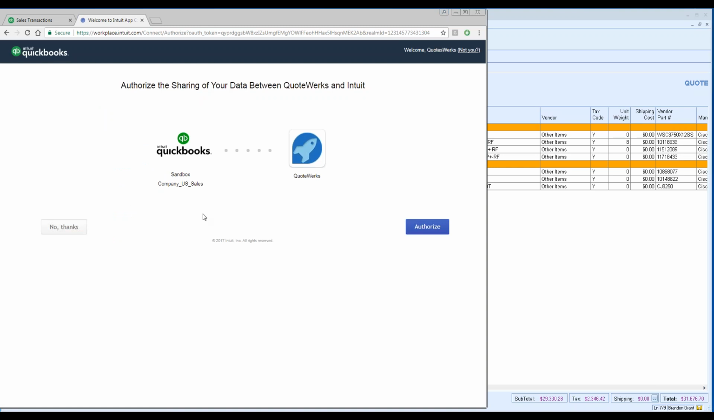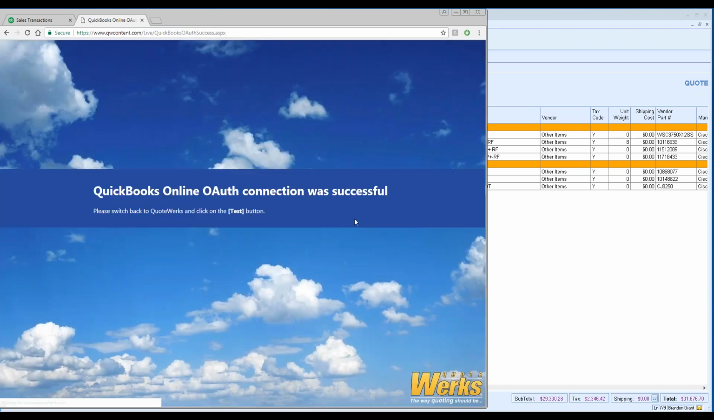If you haven't logged into your QuickBooks Online account, it'll prompt you to log in. Once you log in, it'll bring you to the authorization screen, which will just have a simple button that says authorize. You're going to see it has QuickBooks Online and QuoteWorks. So we'll choose authorize. And once it has successfully authorized, you'll receive this notification in your web browser that QuoteWorks and QuickBooks Online have connected. It was successful. And then you can see here, it says, please switch back to QuoteWorks and click on the